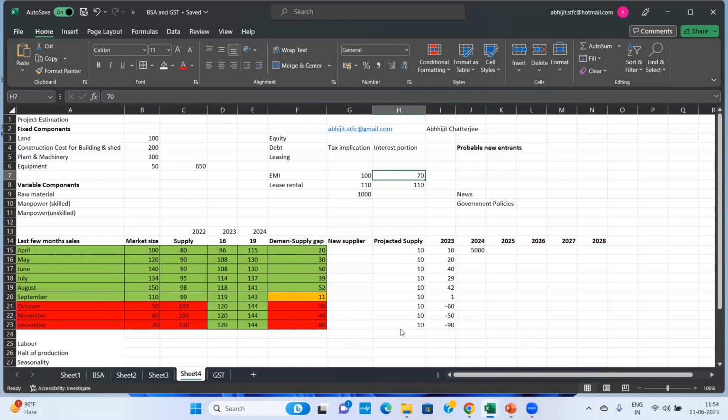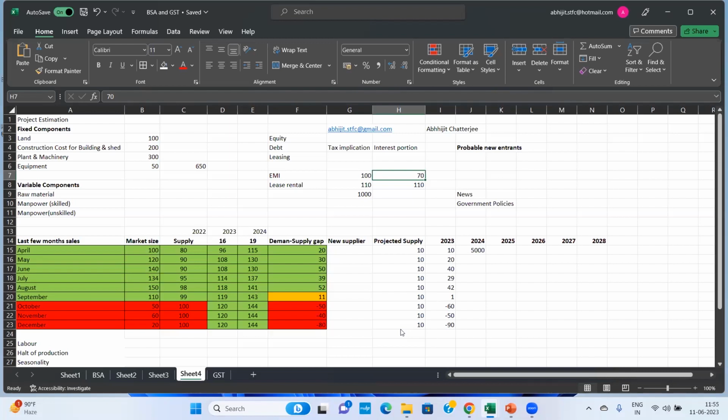You cannot. Lease rental is what you have taken on rent. See, if I have taken rent from Fuld & Co. for furniture, how can I break it into principal and interest? I have to pay a lease rental of 3,000 rupees for a dining table. That's it. How can I break it into interest?